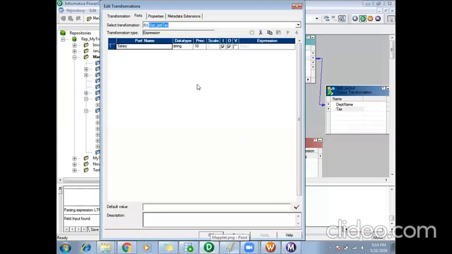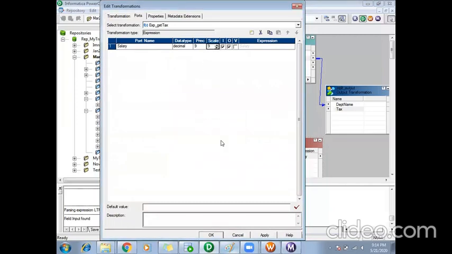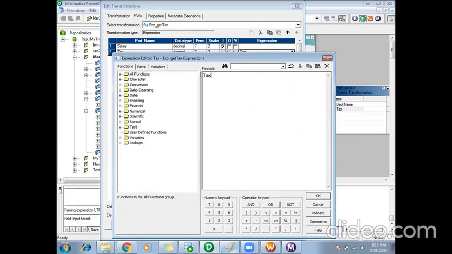So I will use the same data type here. I'll make it an input port, and I'll create one more port called tax. I'll make it output, and I'll add the logic for getting tax.